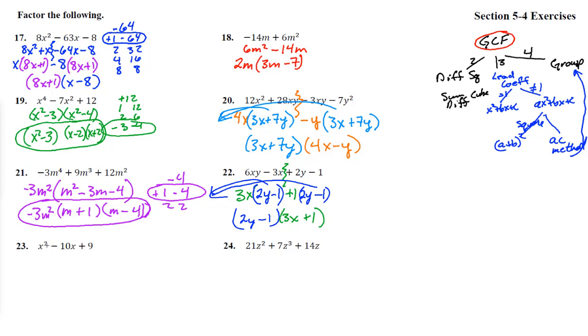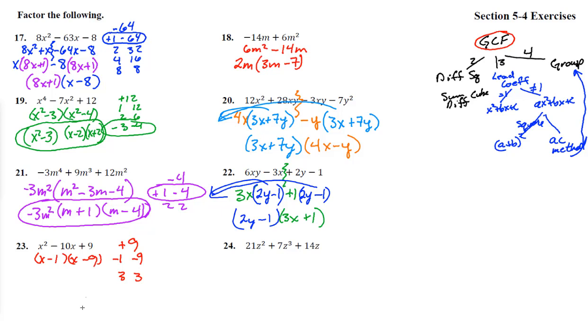All right, number 23, x squared minus 10x plus 9. Is there a greatest common factor? No. So now we're going to say how many terms? 2, 3, or 4? 1, 2, 3 terms. So the leading coefficient is equal to a 1, and so this will be a quick one. What multiplies to 9 and adds to a negative 10? That's either a 1 and a 9 or a 3 and a 3. And this is a negative 10. So negative 1 times negative 9 does indeed multiply to positive 9 and add to negative 10, so x minus 1,